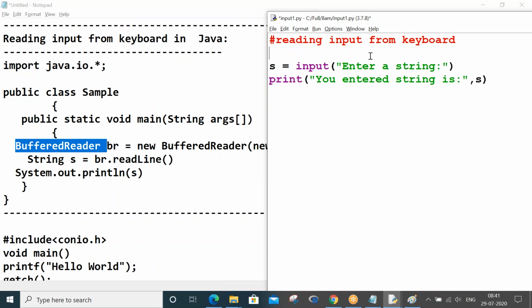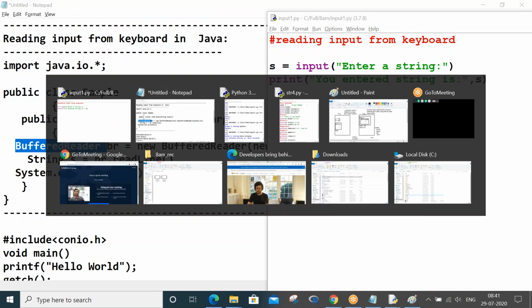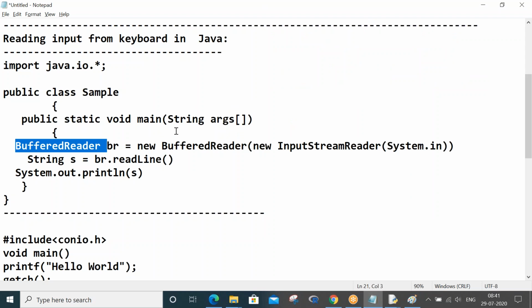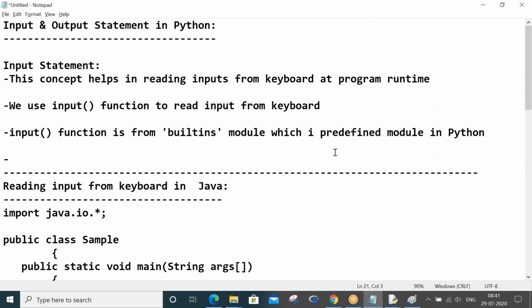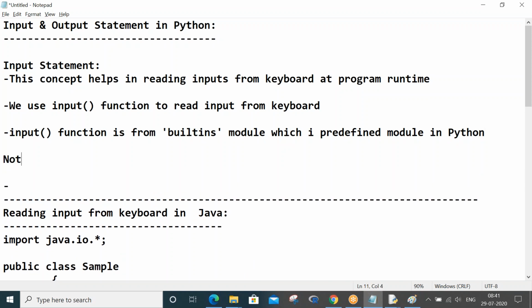So here is the point. See, where are those notes? Let me try to highlight. The input function is from the built-ins module, which is a predefined module in Python, right? Here is a very important note about Python.